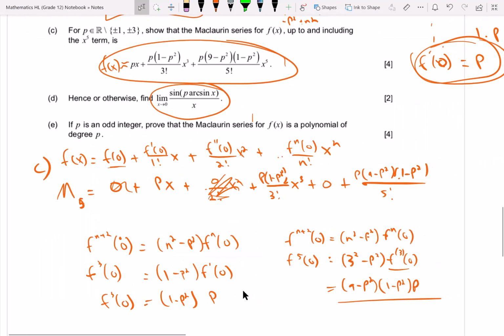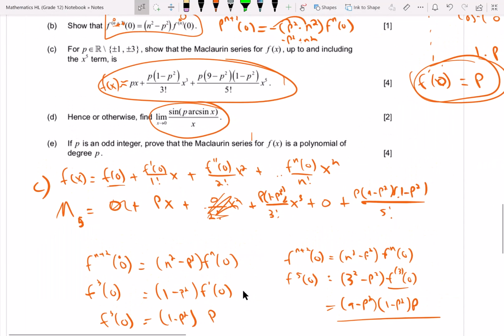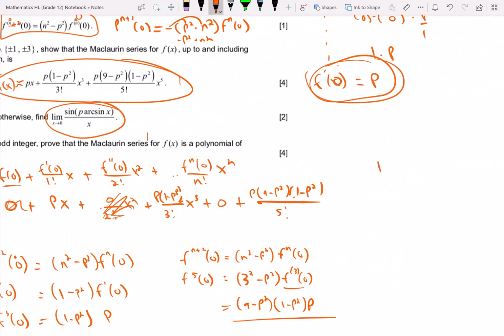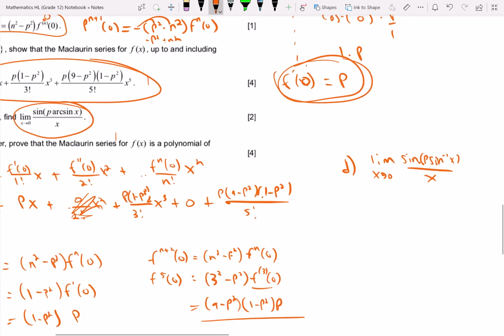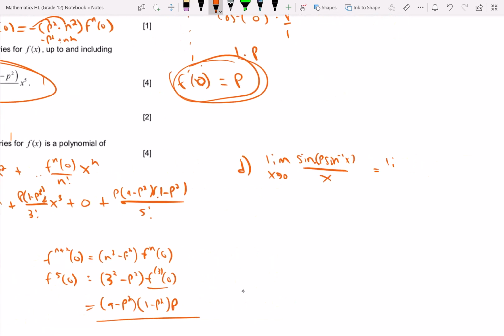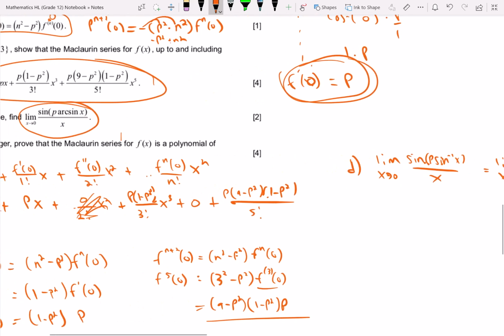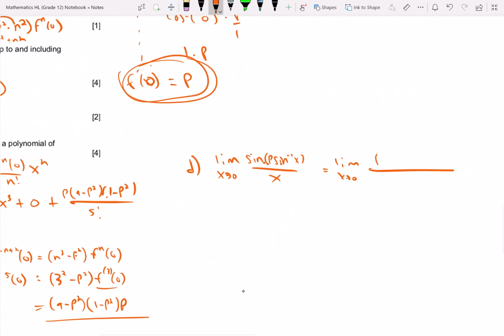Okay, so we know the top piece. So I'm going to rewrite this. We're doing d. We know the top piece. I guess I can just write this so it doesn't get too confusing. We know the top piece at least is approximated by, so I'm going to rewrite this as this thing right here, right? So it's approximated by p of x